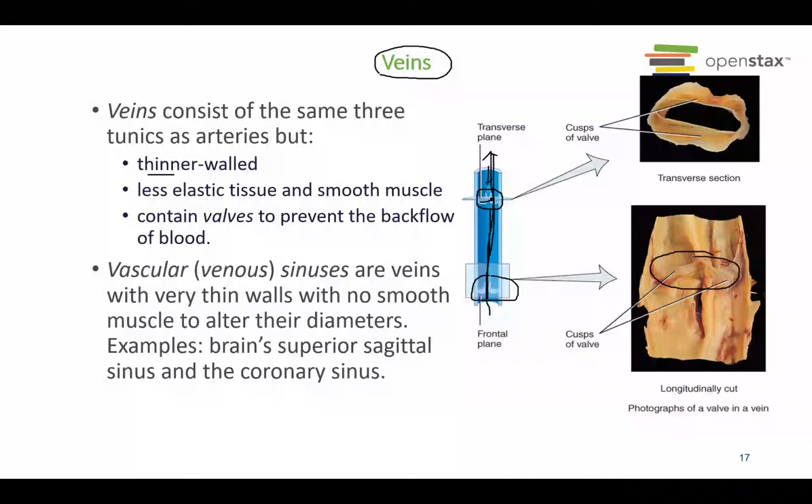So the vein has a special structure inside called the valve. Okay. Some people have a problem with the valve. The valve is leaky. So what happens? The blood is going to go down here, and the vein itself becomes bigger, and this is what we call varicose vessels. So the vessel becomes bigger. We can actually see that sign on their skin, especially the lower part of their body, like on the leg, the skin of the leg.